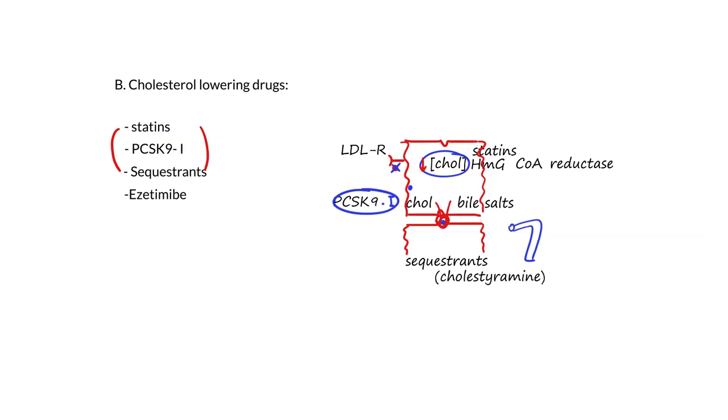So the only thing that's missing in this discussion then is ezetimibe, and it acts at a totally different level. Remember, we go all the way back to absorption. Here's our small bowel, and here's our enterocyte. Remember that we have a brush border, and in that brush border we have the cholesterol channel here, and ezetimibe can block that so that we don't get absorption of cholesterol through that channel. So then that gives us the 4 drugs that we have and a good visual idea of where they act